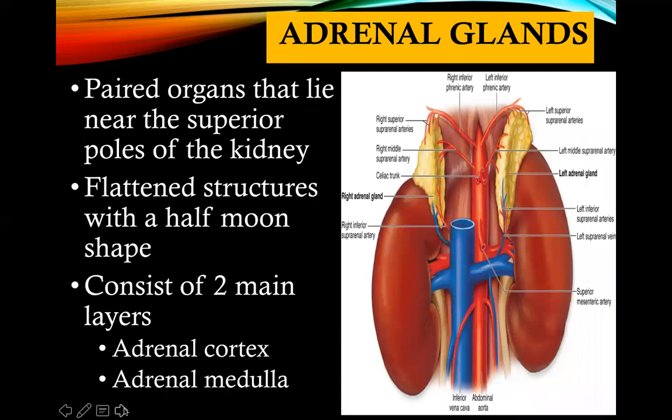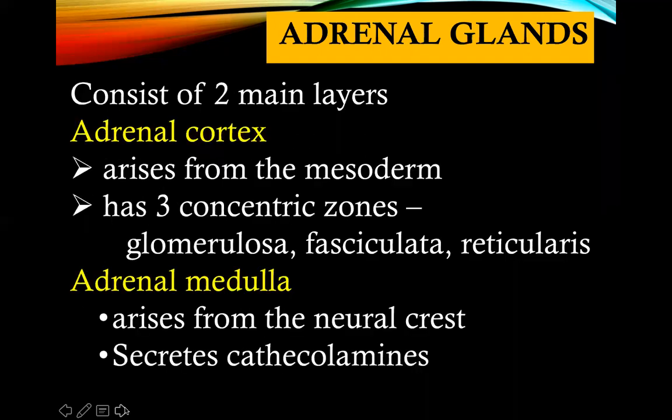Okay, another endocrine organ is your adrenal glands. These are paired organs that lie near the superior poles of the kidneys. They are flattened structures with half-moon shape, and they consist of two main layers, the adrenal cortex and the adrenal medulla. As mentioned, it consists of two main layers. What you need to know about that is that the adrenal cortex arises from this germ cell layer of origin, your mesoderm,